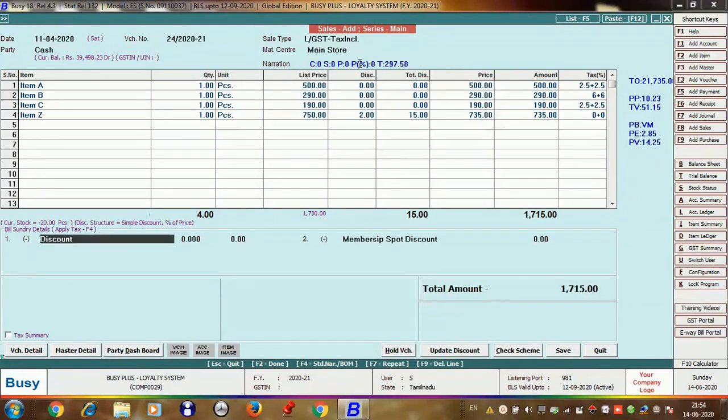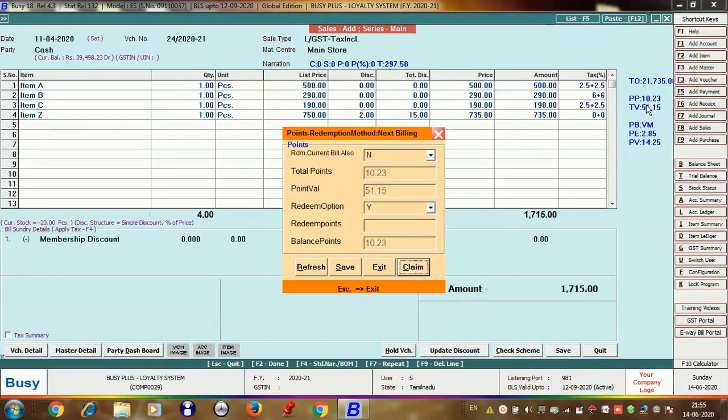I am binding the redemption concept with the membership bill discount. If the member wants to redeem the previous points, he already has 10.23 points in his account, so he can redeem up to 10.23 points. When he calls the bill sundry, automatically the redemption screen will appear here. Say he wants to redeem 5 points in this bill.